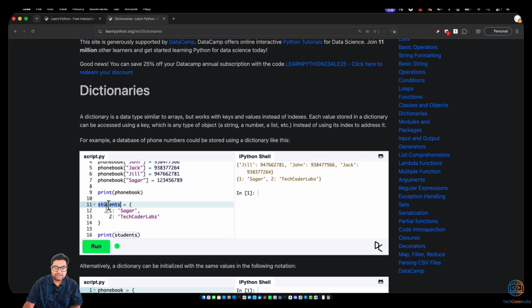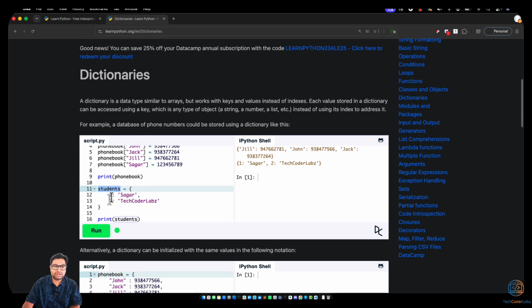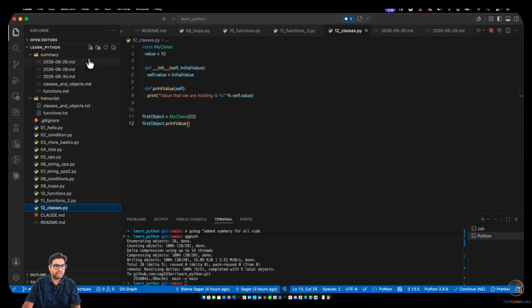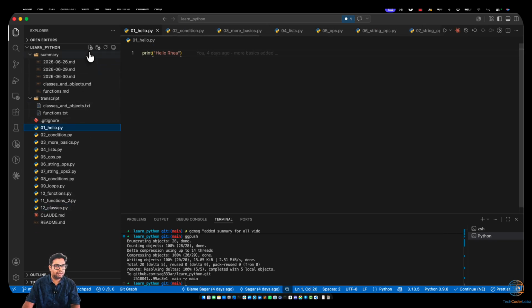The other example which I have written over here is the students example. Here you can see a roll number and then its value, and then another roll number and its value. If I click on print over here, you will be able to see the output. So that's one of the examples that I've covered. Let me add this as file number 13. I'm going to click on file number 13 and name it dictionaries.py,